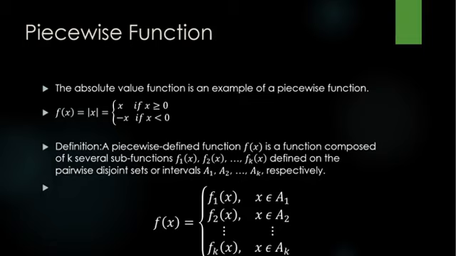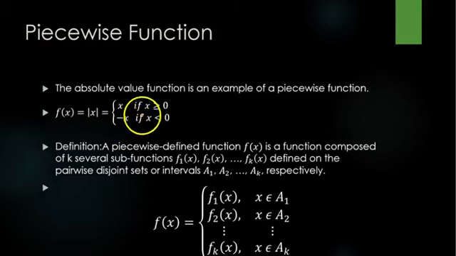Piecewise function. The general form of a piecewise function is a function with different expressions to evaluate your function. The absolute value is an example of a piecewise function. The definition of the absolute value function is that when x is a positive number or zero, then the value of your function is x. But if x is a negative number, then the value of y is the negative of